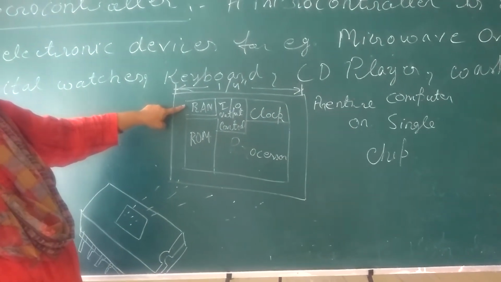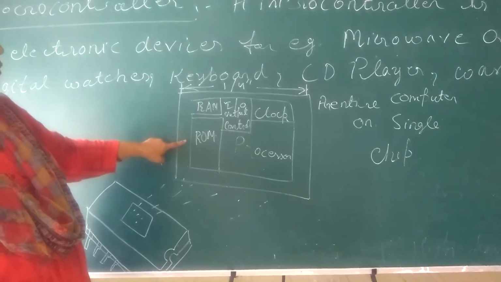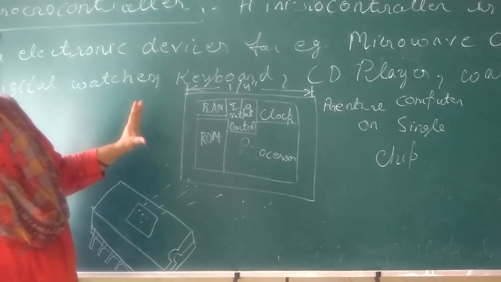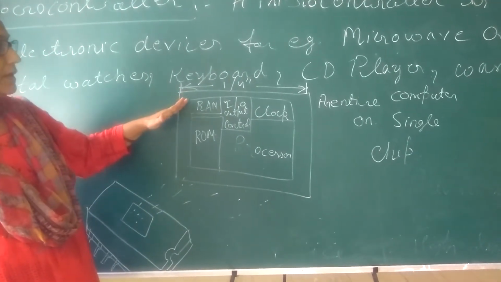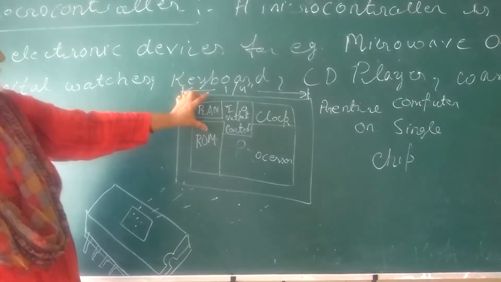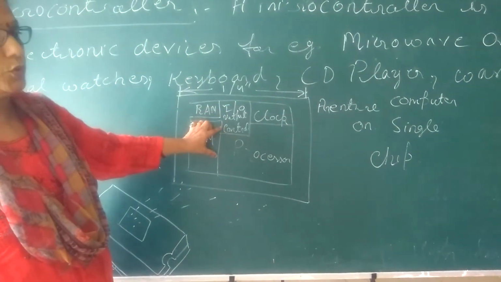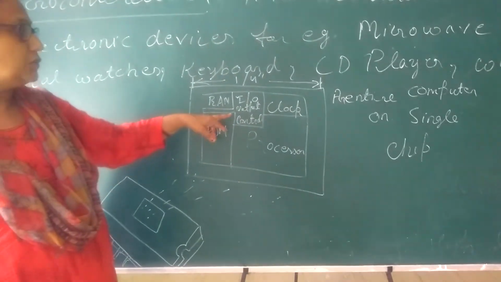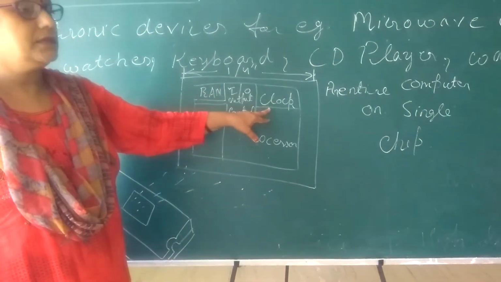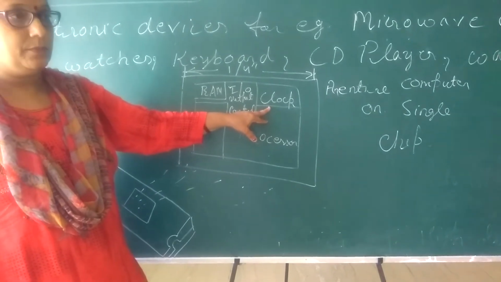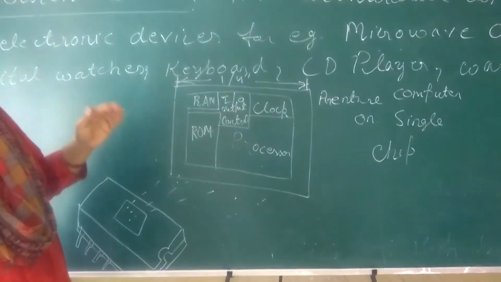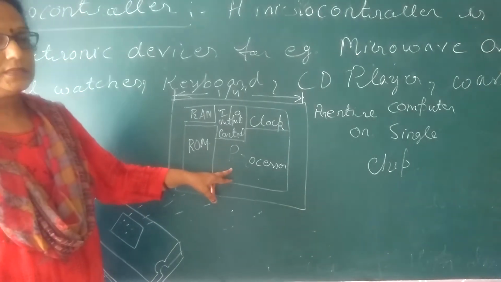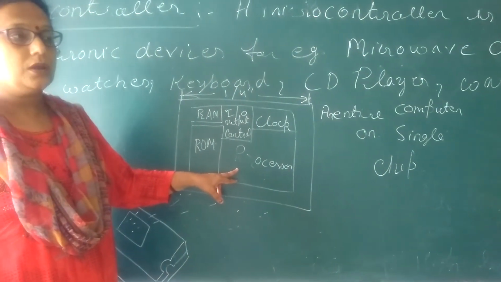It has RAM, random access memory, and ROM, read only memory, where all the data we want to store is kept. इस RAM और ROM में स्टोर होता है. ये पार्ट है इसका इनपुट आउटपुट कंट्रोल. आपके पास जो इनपुट पे डाटा आ रहा है, जो आउटपुट पे डाटा जा रहा है, दैट इज ऑल कंट्रोल्ड बाय दिस यूनिट. This is the clock which sets the time in which your function has to be processed, and this is the processor which processes all your functions.